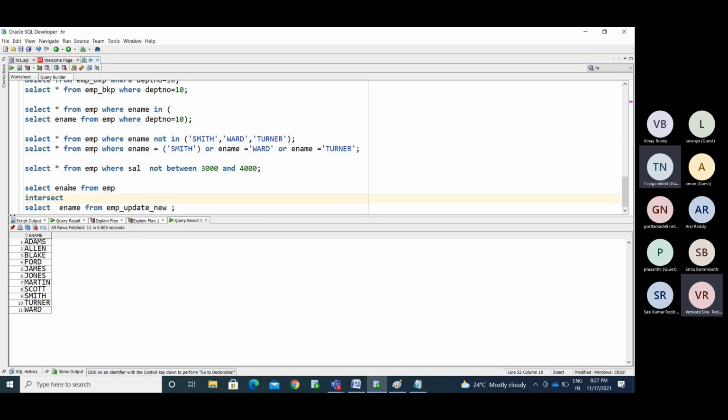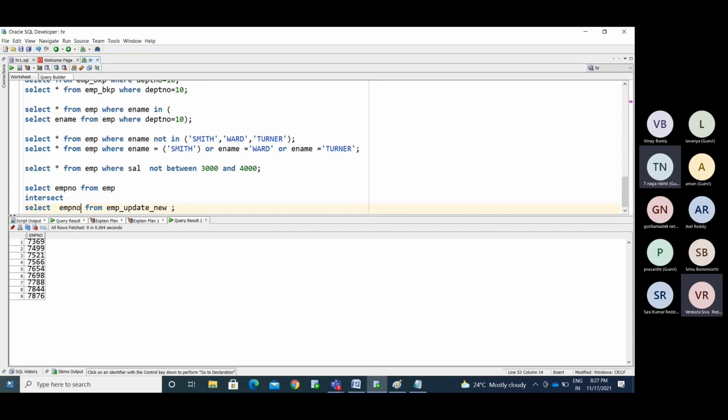If I use the employee number, I will get only 9 records. Okay, so this is about the set operators.